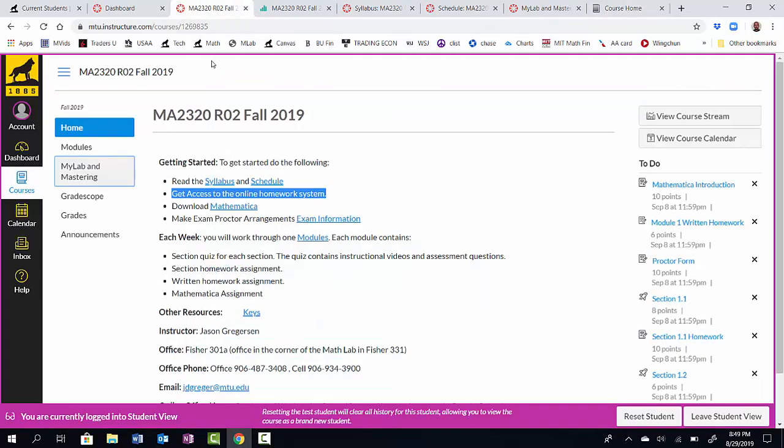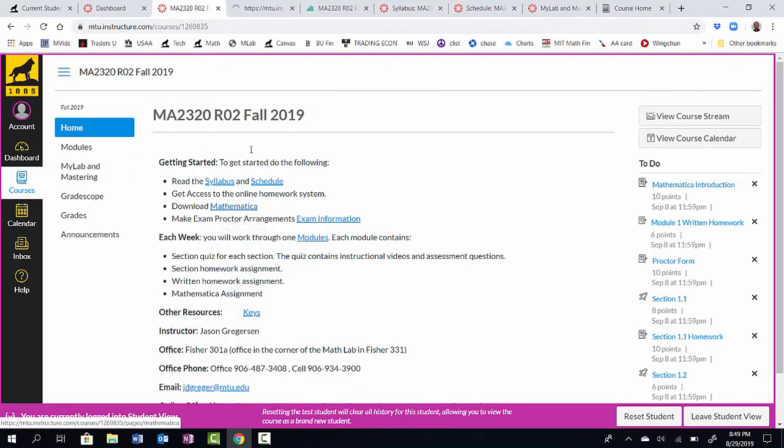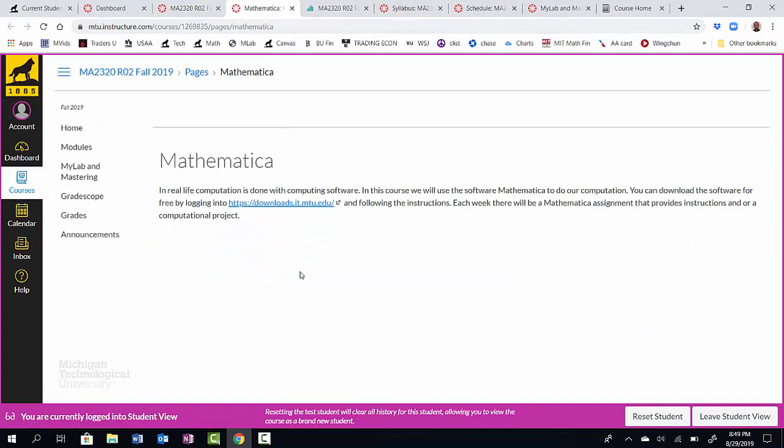Alright, let's go back to the main Canvas page. Now we have access to the online homework system and the e-text. Next thing says download Mathematica. What is Mathematica? So we follow that, and we have this page here that's going to describe why we're using